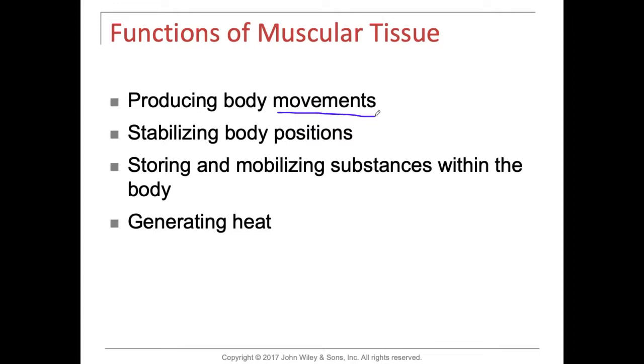Now, when I say muscles contract, the term contraction implies that there's tension being generated. Most people jump to conclusions and say, when it's contracting, it must be shortening. But we know that muscles can contract in a variety of ways. Muscles can shorten, they can lengthen, and they can remain the same length. But in all three of them, there's tension being generated. That's the key word I want you to focus on: tension being generated within the muscle.